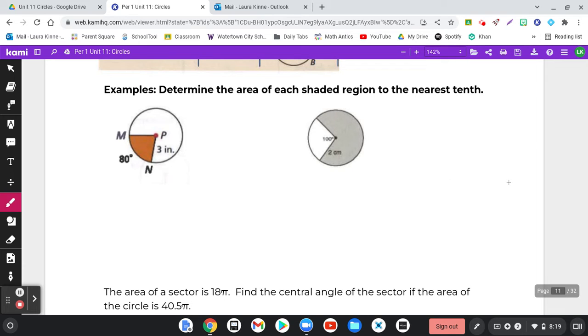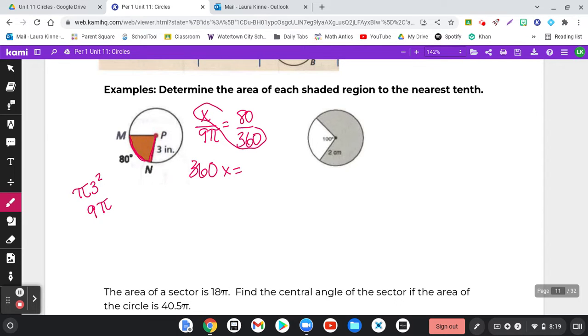First, I want to calculate the area of this circle. Pi r squared would be pi times 3 squared, 9 pi. Since we're looking for the part of the area, that's x over your whole area, 9 pi, equals the part of the angle you have, 80 over 360. And then you just cross multiply. So x times 360, 360x